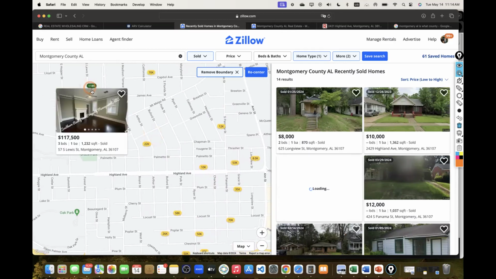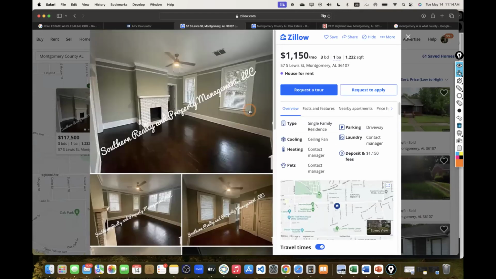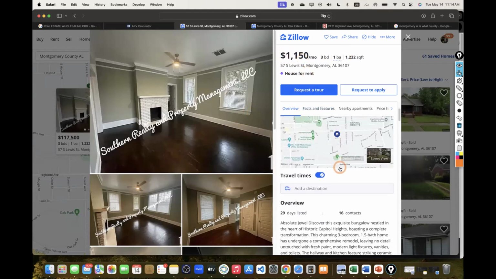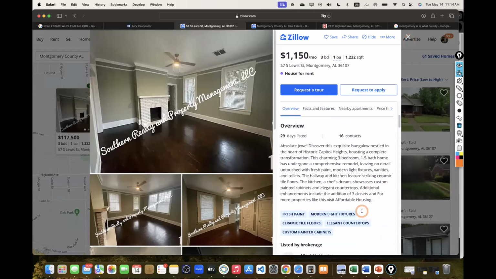What's up with this? We have a property management. So this is being for rent. So now we get a bit of both. We get asking price and rental price. So it looks like a 3-1, 1,100 square foot home can rent out for 1150. So we can reduce the project amount of spending in terms of repairs as well too, and bring it up to a rental price point.